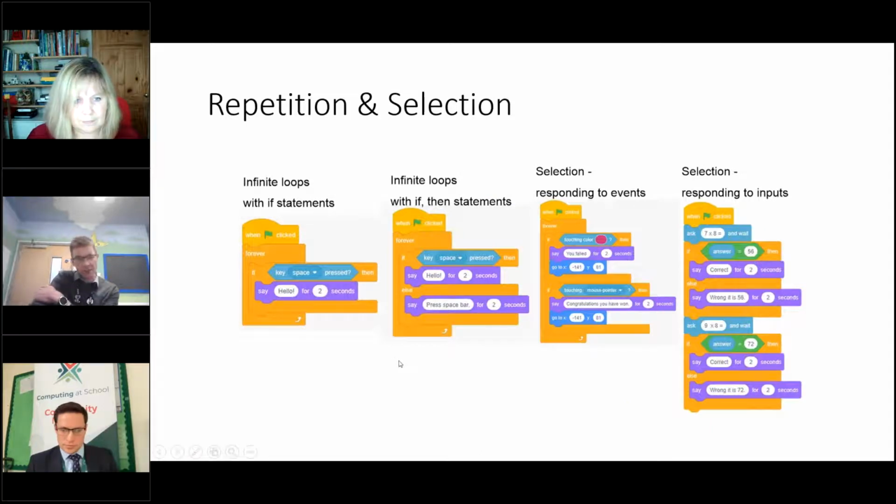Moving on then to introducing selection, and for me, that's where I bring in repetition, because that's where you can talk about why you need to use that forever loop, so that the conditions are constantly being checked. And through that, we start off with if statements, and again, keeping it simple so they can focus on the concept, just a character saying something, responding to an input.